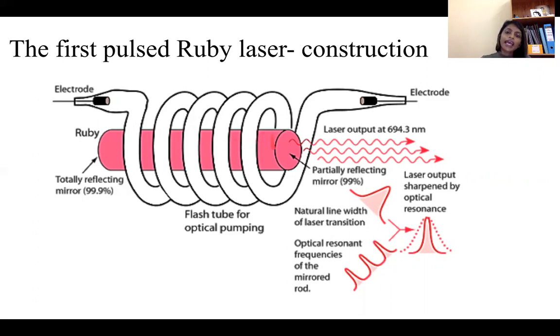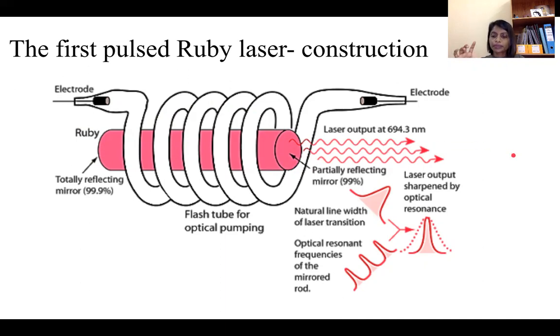And then what happens? They take this cylinder. The two ends are cut flat and polished, and they are parallel to each other and normal to the axis. And then what happens? They are silvered. This end is 99.99% reflecting, that is totally reflecting, and this is around 98% or 99%. This is partially reflecting, so that some light generated inside can escape from this, and we receive them